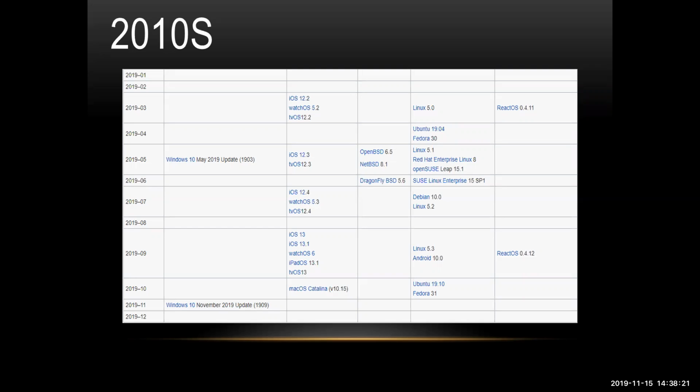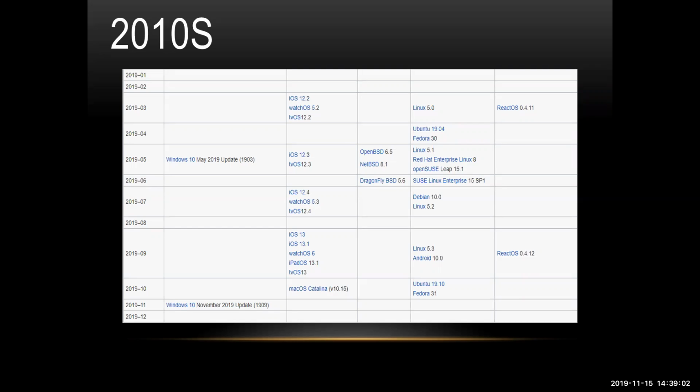And then we also had Linux 5.1, Red Hat Enterprise Linux 8, OpenSUSE Leap 15.1. Then June, we had Dragonfly BSD 5.6 and SUSE Linux Enterprise 15 SP1 or Service Pack 1. And then July, we had iOS 12.4, watchOS 5.3, tvOS 12.4, Debian 10.0, Linux 5.2. September, we had iOS 13, iOS 13.1, watchOS 6, iPadOS 13.1, tvOS 13, Linux 5.3, Android 10.0, React OS 0.4.12,